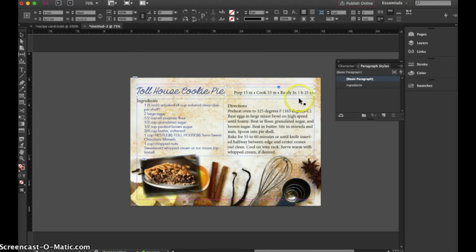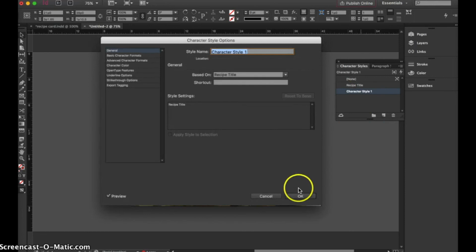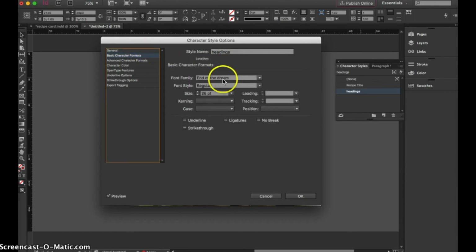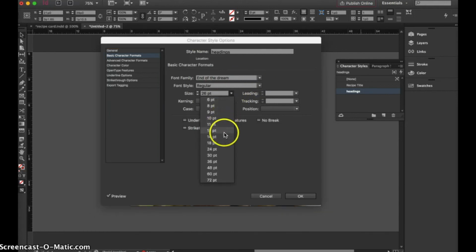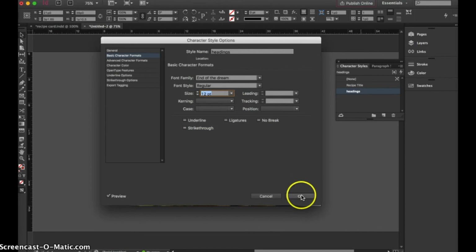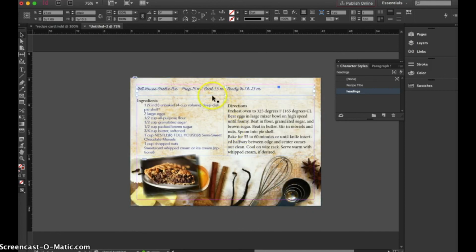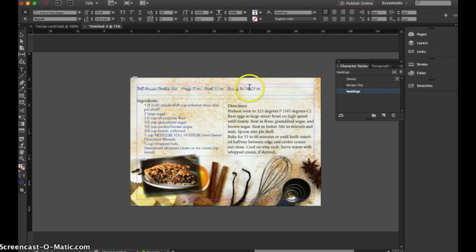And then I could also create another character style where I make this headings. And I don't want it to be based on anything, so I'm just going to say none. If it's based on something, it will pick up some of the other settings. And then I want to make this maybe 12, hit OK. This actually picked up on my